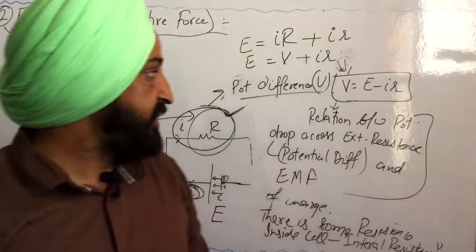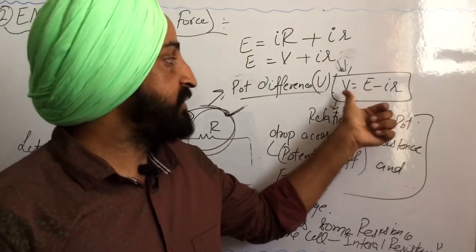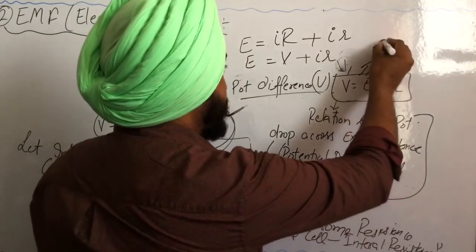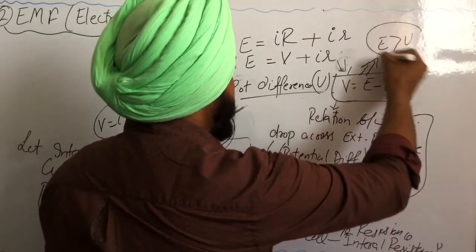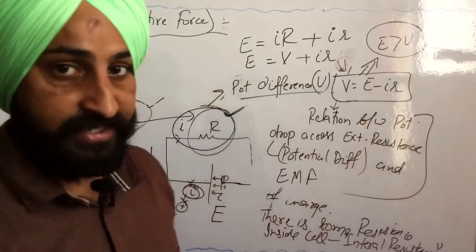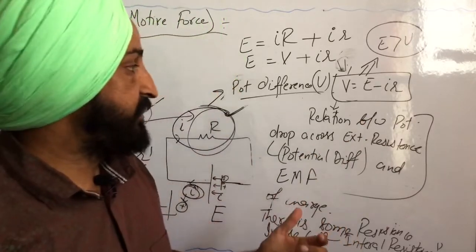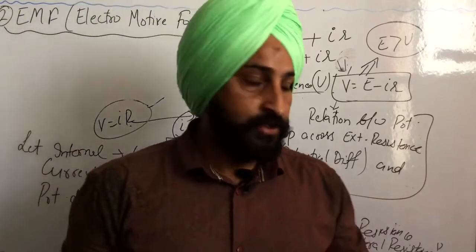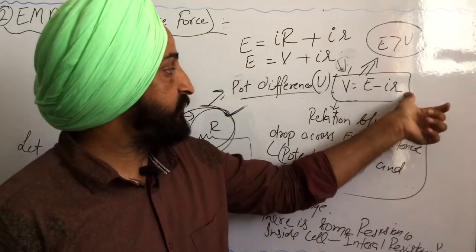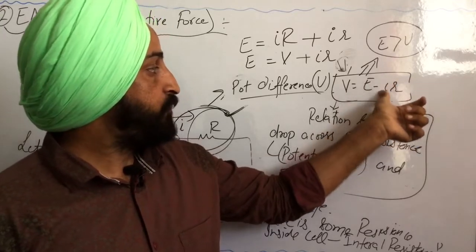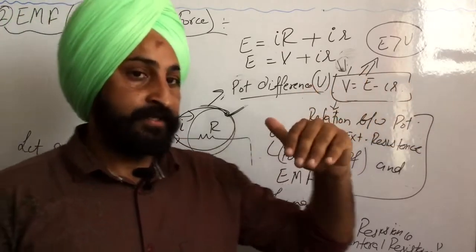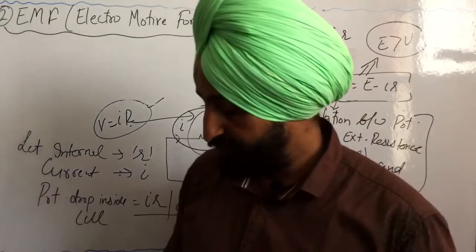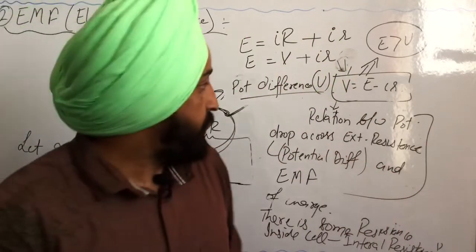So from here it is clear that E is always greater than V. Right? So from here we get that E is greater than V when current is flowing. Fine. See, if current is not flowing in the circuit, like you have a cell kept with yourself without using it, so when current is not flowing, this term will become 0, and at that point of time you can say the EMF of the cell is equal to potential difference of the cell. Fine. So I will be writing these things point wise.